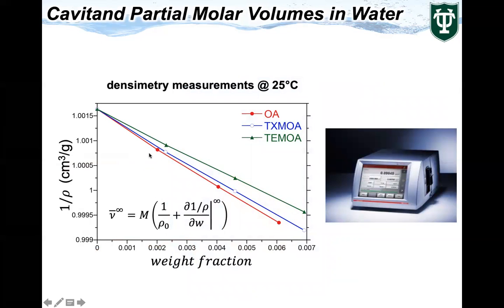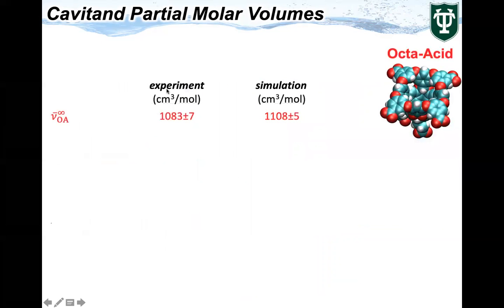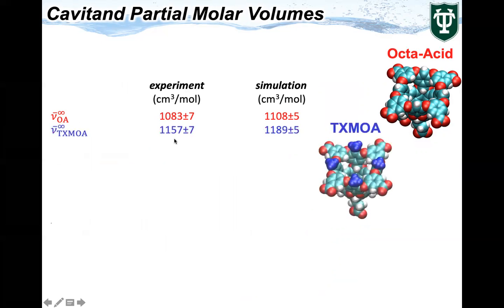And if you do that and you use this formula, get the slope of this line, you can actually calculate the partial molar volume at infinite dilution for each of these host molecules. We can also gather this from our simulations. And when we look at the experimental and simulation data, what we find is that experimentally and simulation-wise for octaacid, the base case, we get basically the same volume. If we look at TexMOA, we get a slightly greater volume, which is about 73 to 80 centimeters cubed per